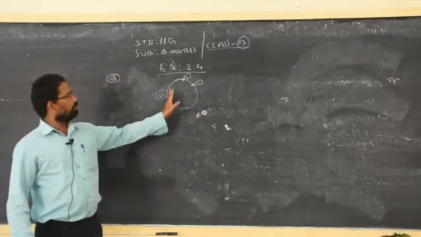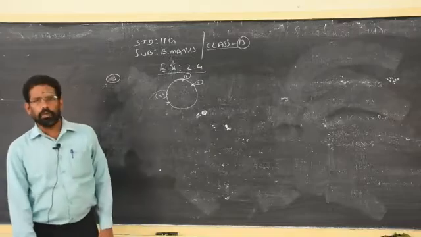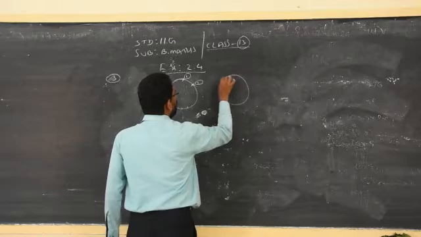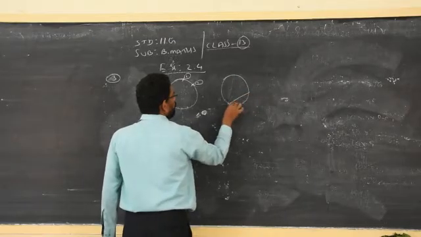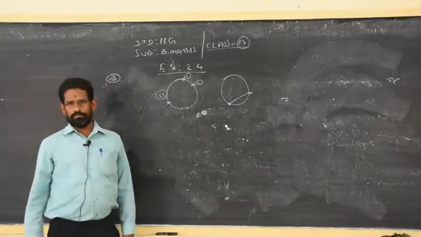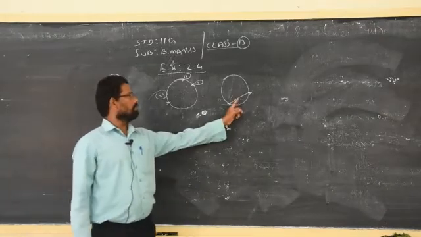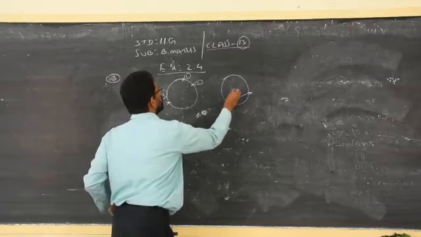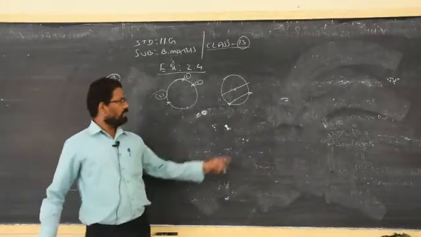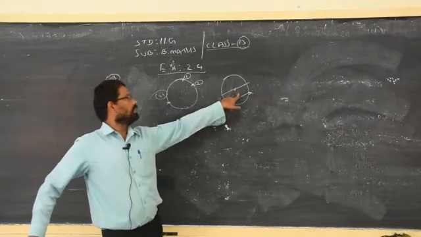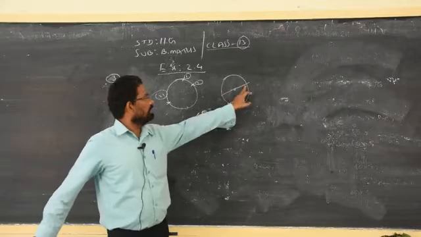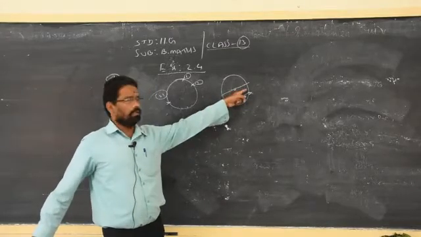There will be so many points, but they said only 21 points on the circle. They ask to find out how many chords. So basically, in a circle, what is the name of this line segment? Chord. Because it does not pass through the center of the circle. Even a straight line which passes through the center of the circle is also called a chord. The general name is chord, but we call the special name diameter. Clear? So generally this line is called a diameter, but that is also what? Chord.